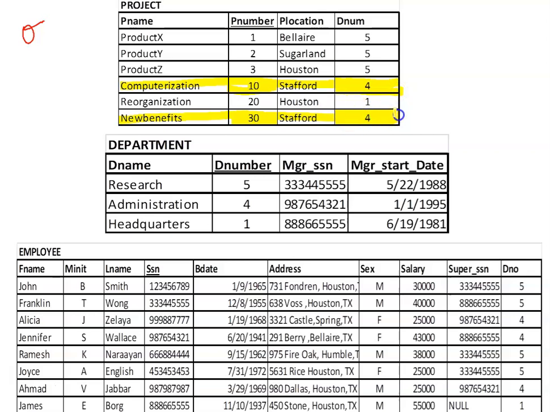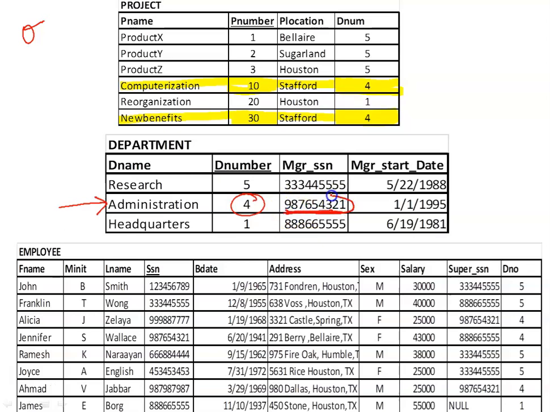Now when I refer to the departments table, I get to know that the name of the department is administration based upon the department number. At the same time, I also get to know the ID of the manager, that is the SSN of the manager.